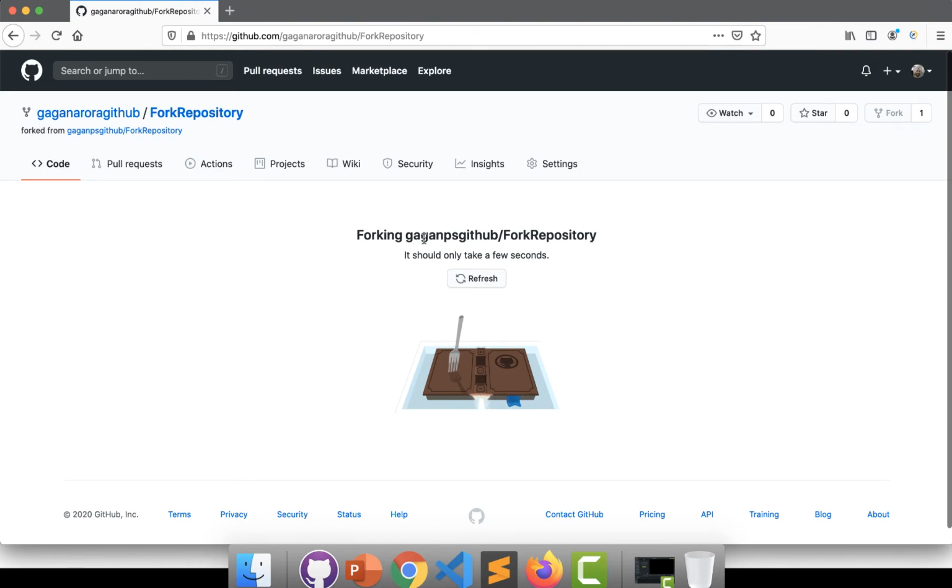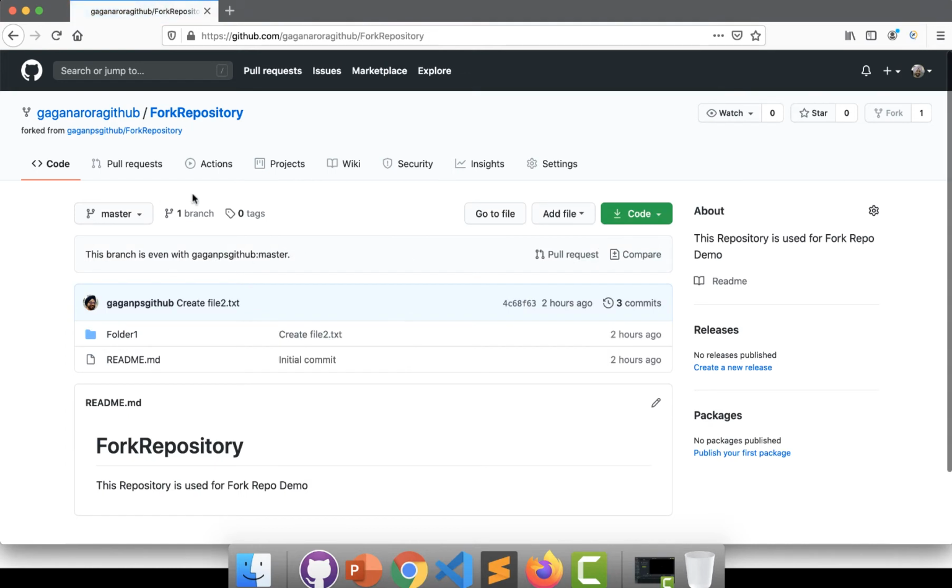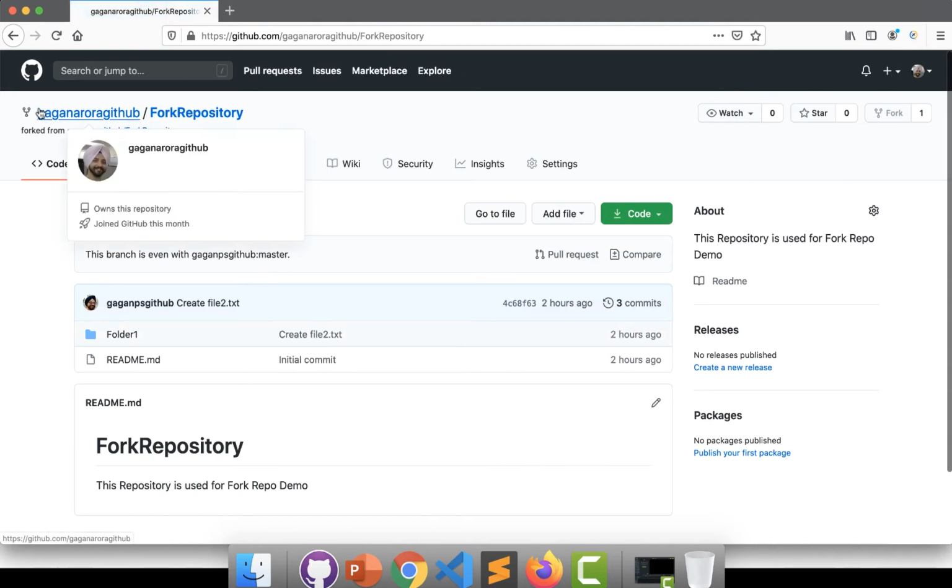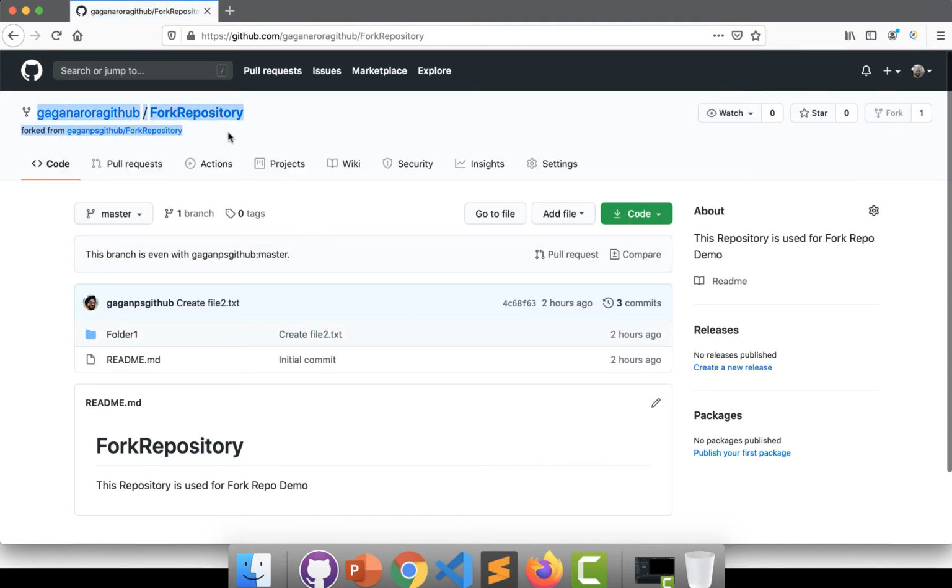It says forking Gagan PS GitHub / fork repository. Let's wait for a minute. Yes, it is done. Now you can see a few details over here that are mentioned in this section, which says